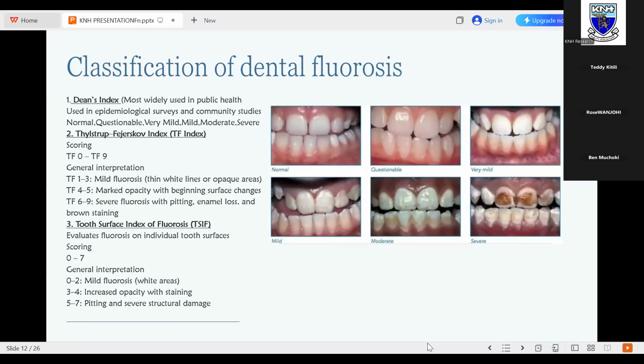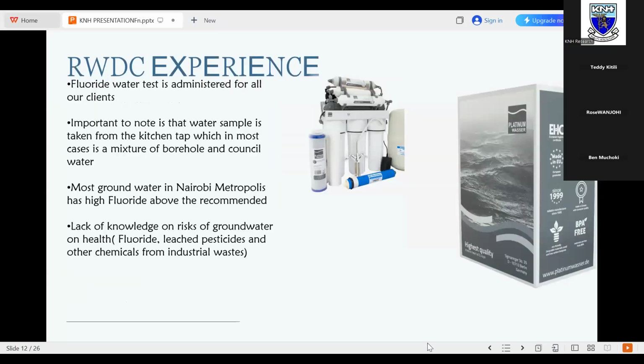Classification of dental fluorosis. When you're reading research, it's important that we know there's a way dentists classify dental fluorosis. Normal teeth should be milky white. But when you have very chalky white teeth that resemble the white we have on paper, then that is dental fluorosis. We also have dental fluorosis with teeth appearing yellow and sometimes brown. Sometimes we also have pitting and chipping of the outer covers of the enamel. I will share my experience. Allow me to go through this quickly because of time. I want us to have some time for questions.